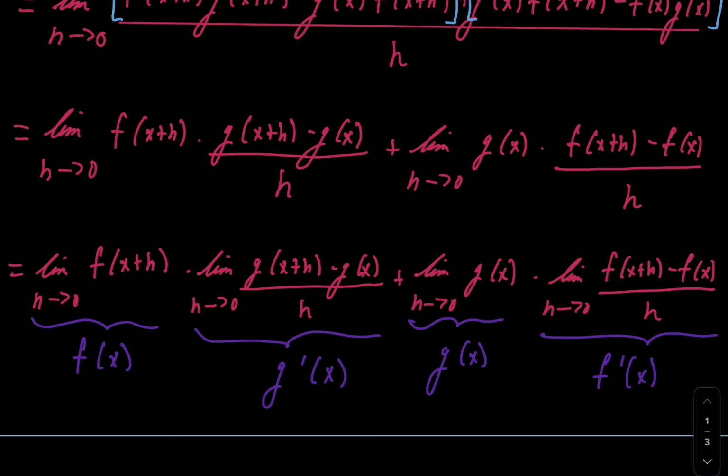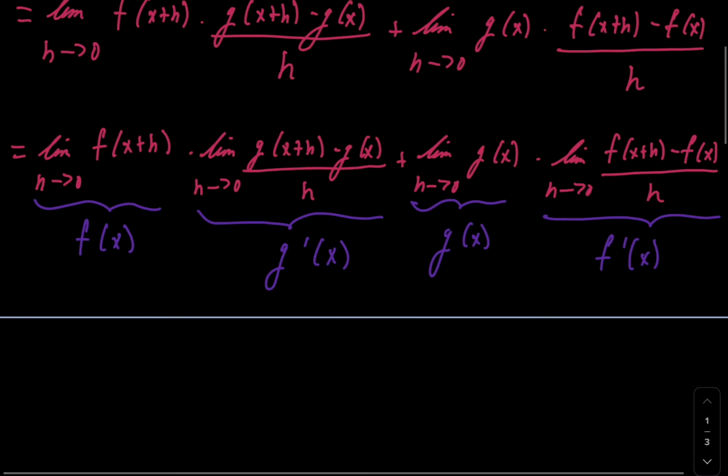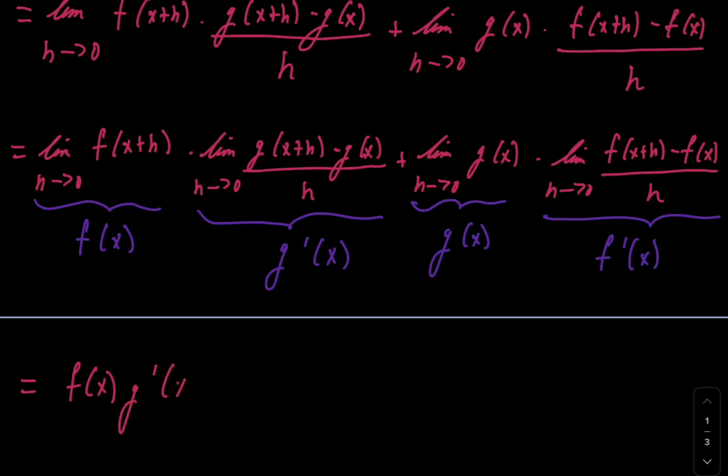So we're going to have the following for our final answer. We're going to have f of x times g prime of x, and you know what, let's clean that up a little bit, plus g of x times f prime of x, and that is going to be